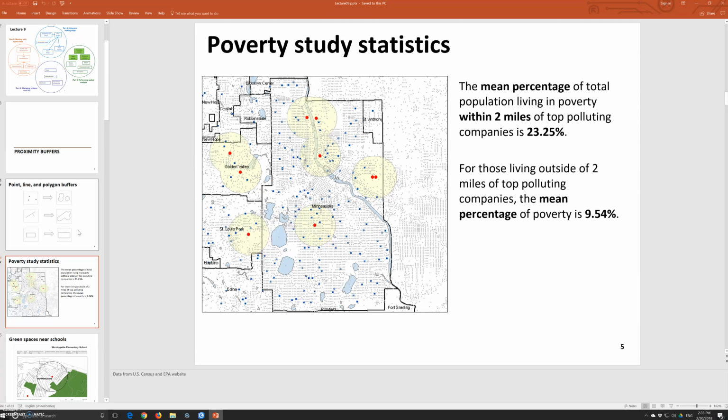For example, here we have the mean percentage of total population living in poverty within 2 miles of 2 polluting companies. That is 23.25%. For those living outside of 2 miles of the 2 top polluting companies, the mean percentage of poverty is